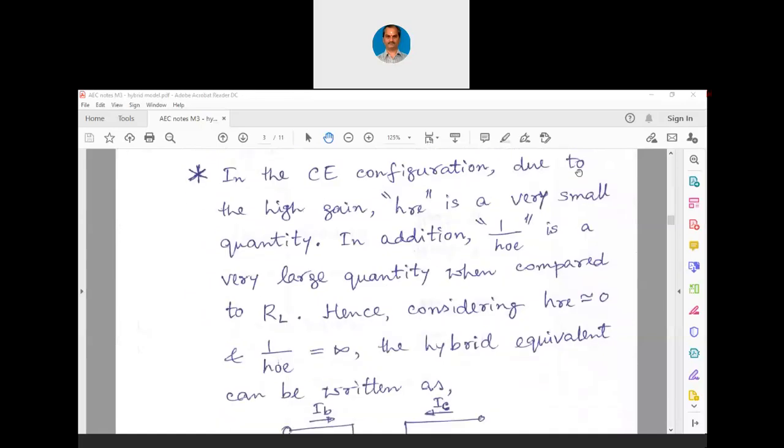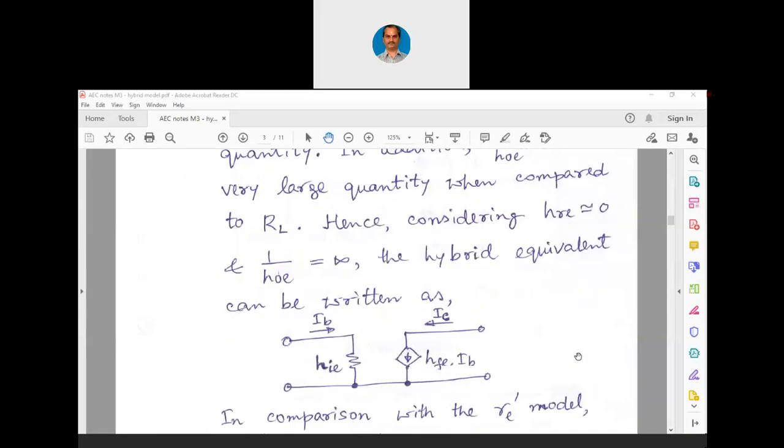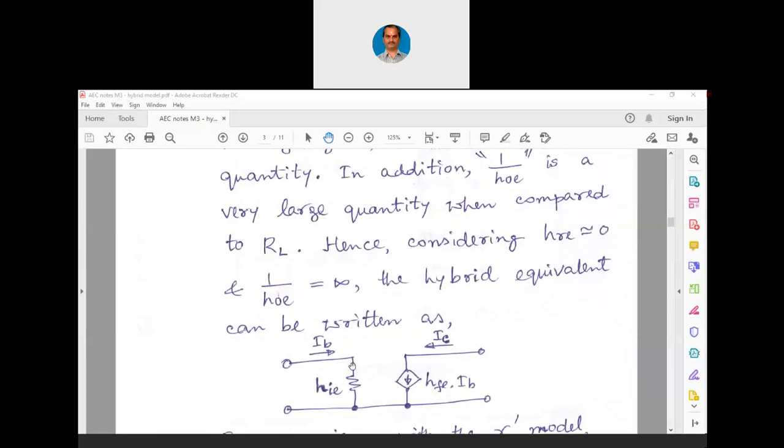In the CE configuration, due to the high gain, HRE is a very small quantity. In addition, 1 over HOE is a very large quantity when compared to RL. Hence, considering HRE approximately equal to 0 and 1 over HOE equal to infinity, the hybrid equivalent can be written like this. You can see in this hybrid equivalent, only HIE and HF into IB, even that 1 over HOE is